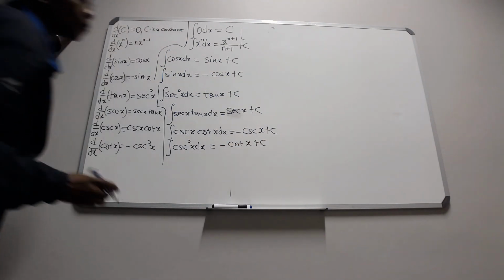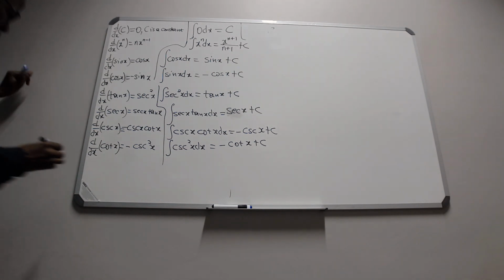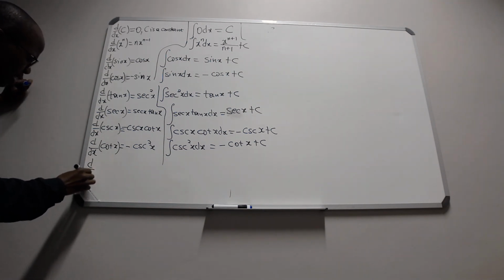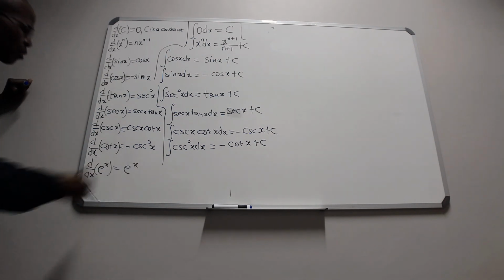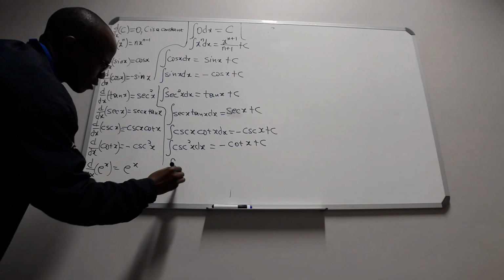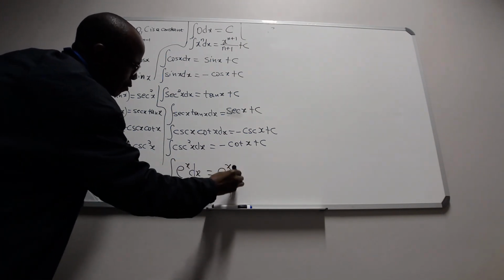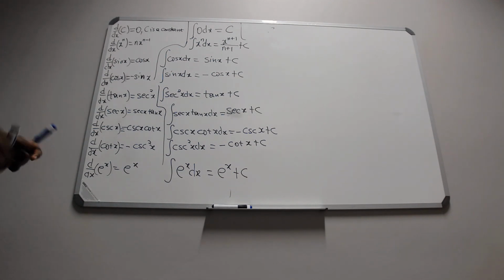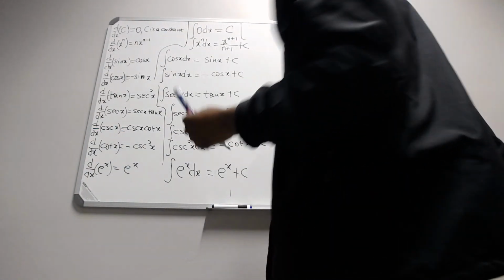Then the other ones that are important to us: here you will recall that the d/dx of e to the exponent of x is simply e to the exponent of x. So the integral of e to the exponent of x dx is e to the exponent of x plus c. And lastly, let me remind you